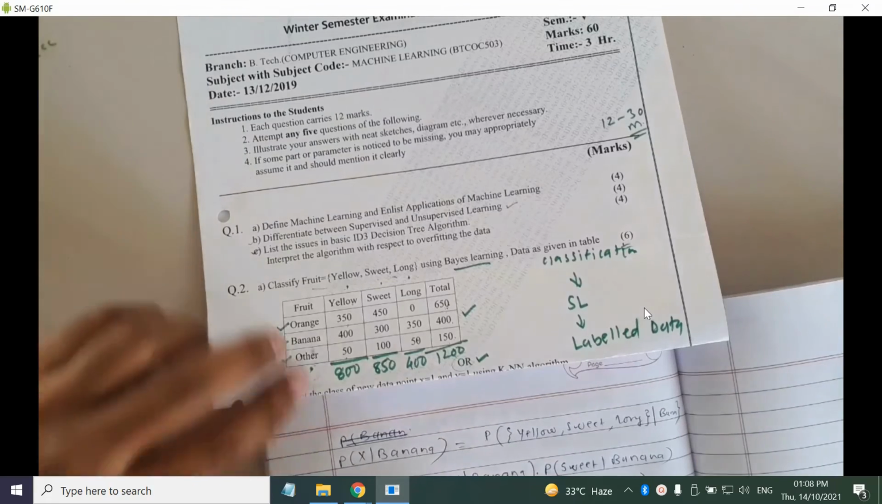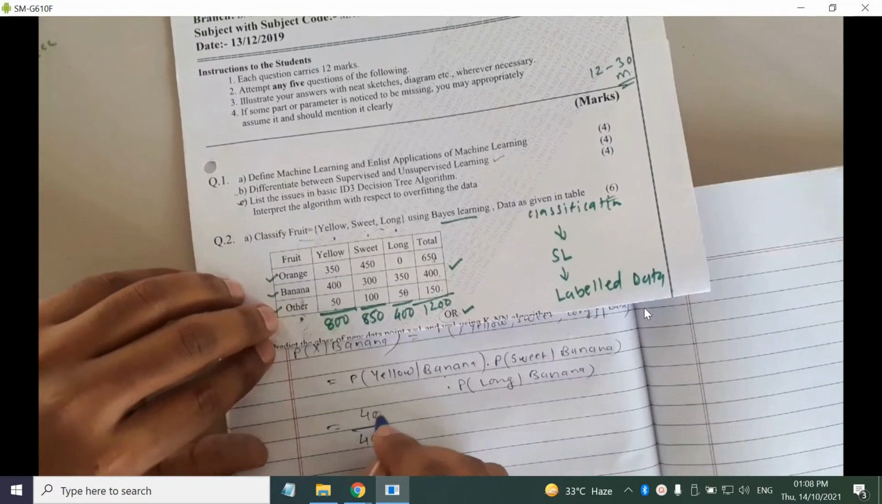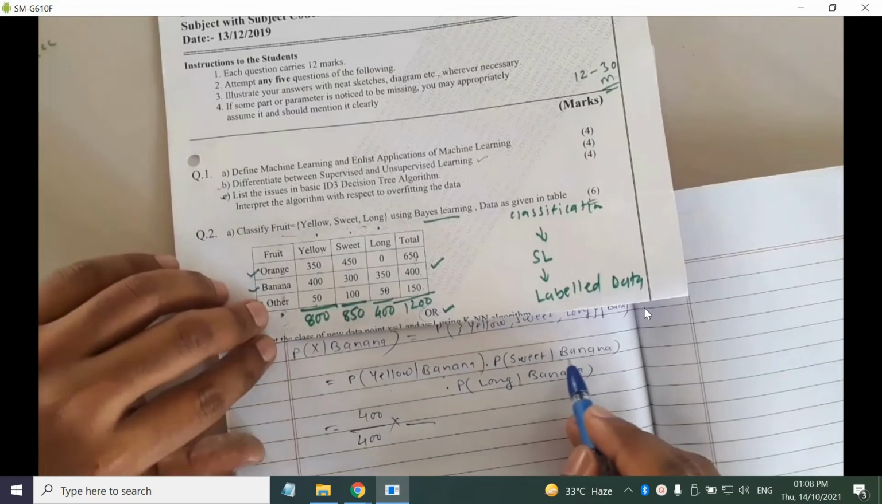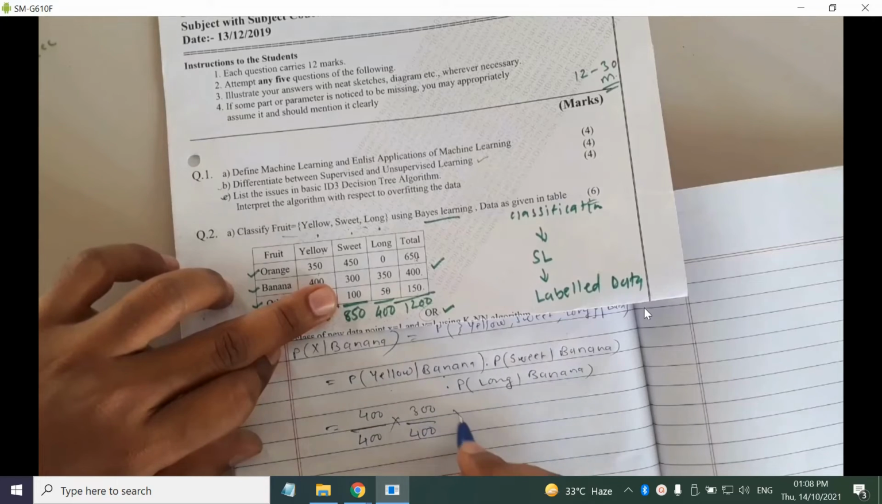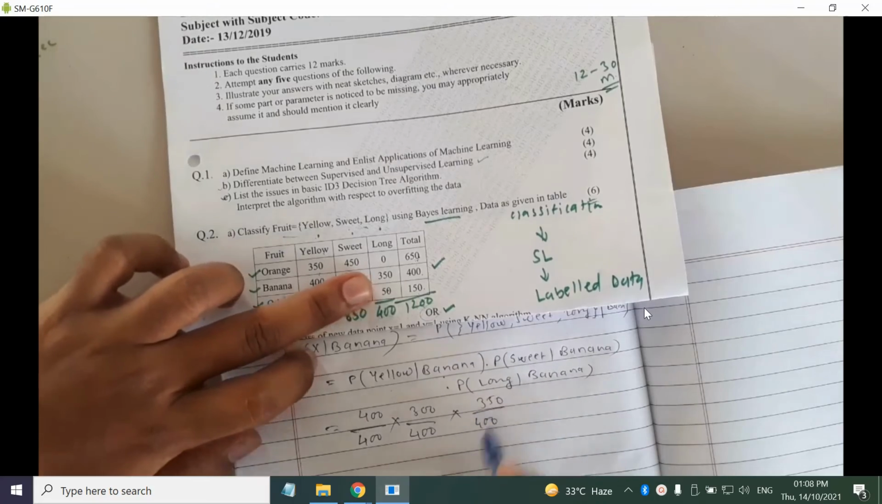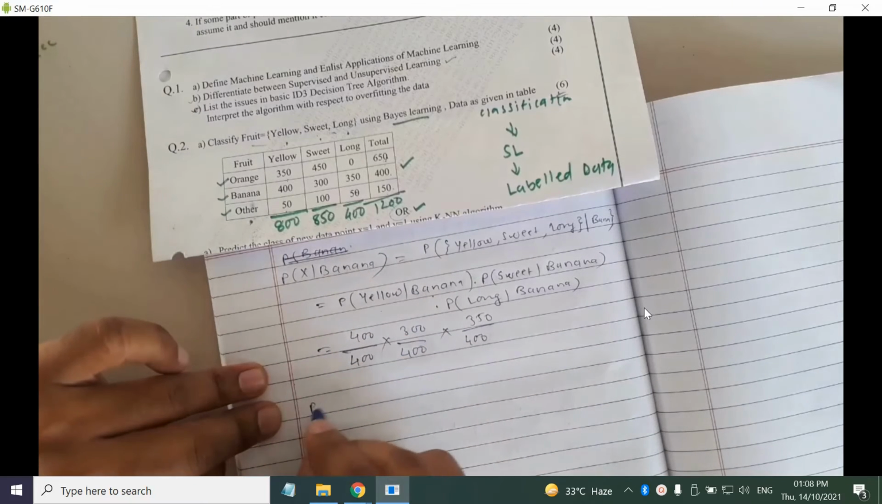Okay, so how to read this? टोटल बनाना में से कितने येलो है. So total are 400, उसमें से 400 are yellow. Then out of all the bananas how many are sweet? So 300 into, 400 में से लॉन्ग कितने 350. Just postpone the calculation, some figures will cancel out. Okay, this is my value. Then probability of banana is,